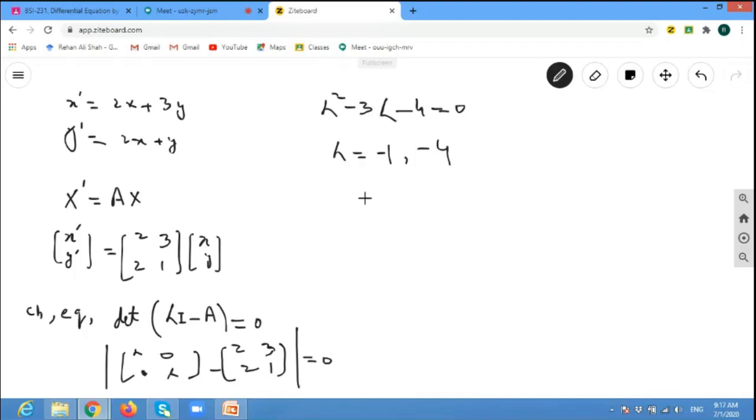So how to find the eigenvector? For the eigenvector, you will take (lambda I minus A) k equal to 0. If you remember the equation, we studied it in theory. So if you put lambda equal to minus 1, this will become minus 1 into I, which means 0, 0, 0, minus 1, minus A, which means 2, 3, 2, 1,